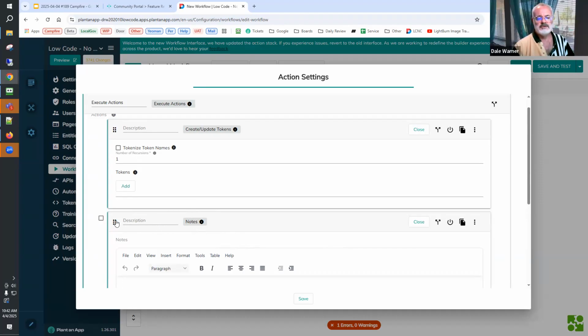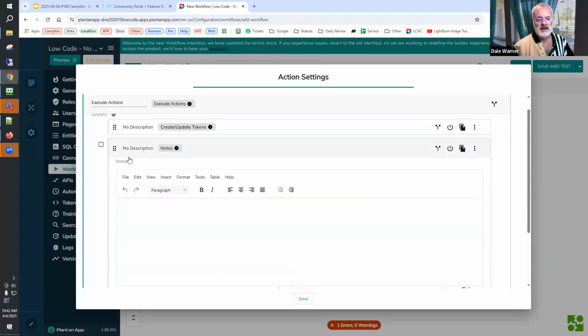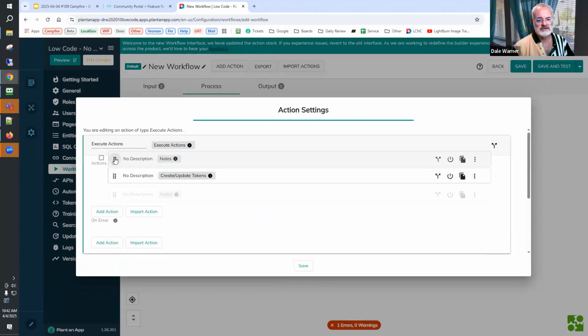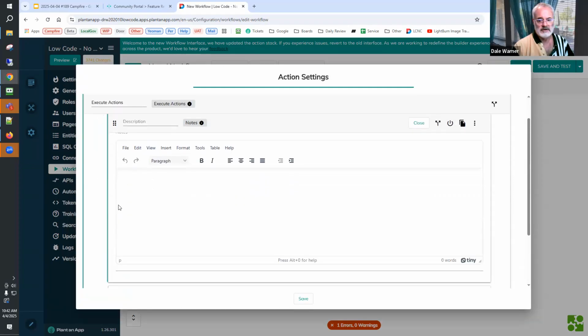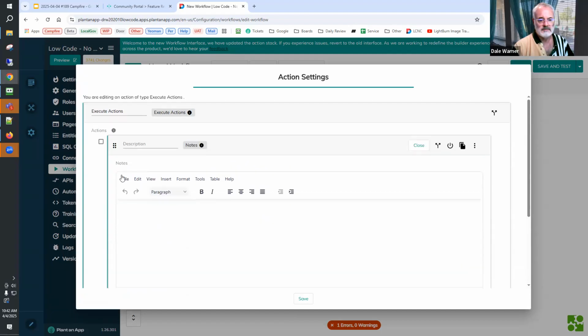I'm pointing it out because it's what's available today, not because it completely answers the question that you have. But if you want to document an action, you could, for example, put notes right above it. You can use it to document the stack. You could use it to document a particular action. It's up to you how to use it. And you have HTML formatted, nice internal documentation that's available to you.